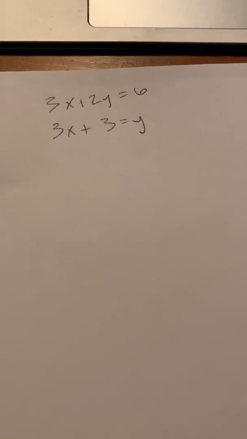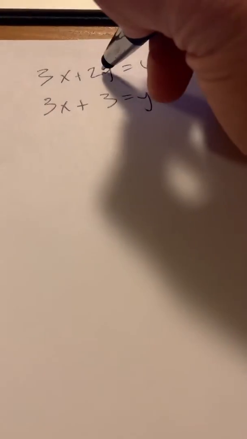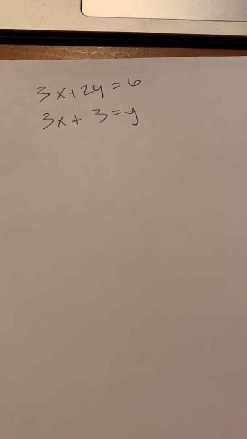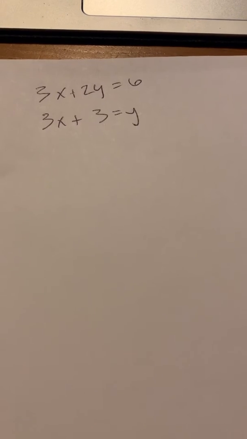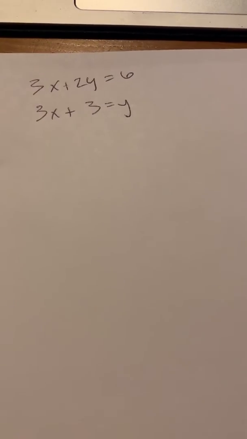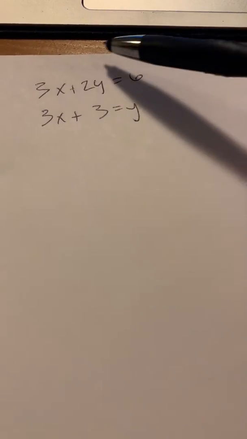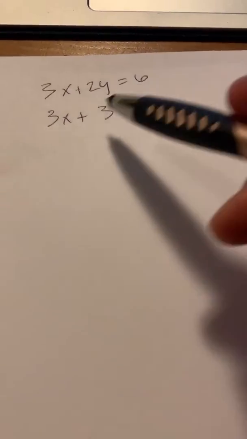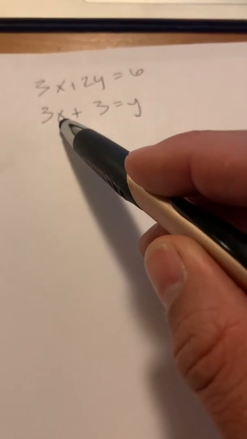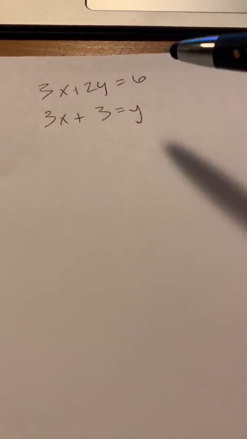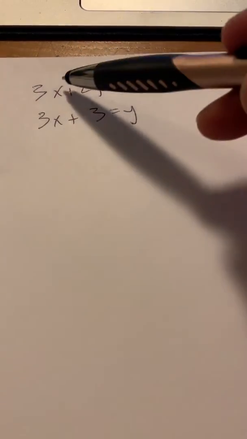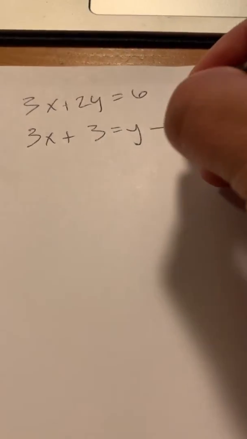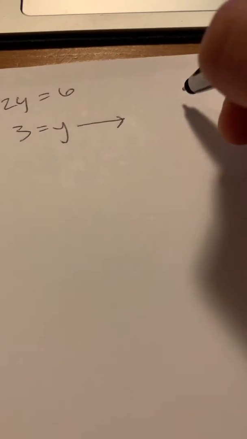All right, so I'm going back to the same problem we just did because I also want you to see something that you could also do to solve this problem, but it's different from the way I just solved it a second ago. One thing that you should notice that's different about this system here than some of the other problems you've done on your homework is this last equation here on the bottom has a variable on the left, and on the right, versus the other examples you've done, the variables are both on the left and the numbers on the right. So I'm going to solve this problem by doing the same thing